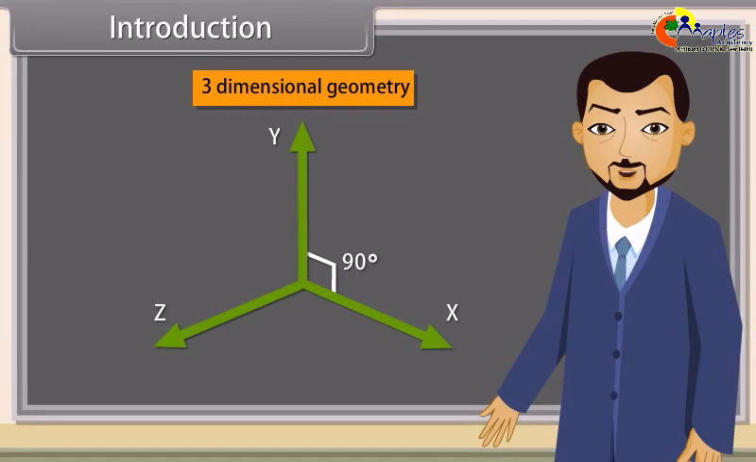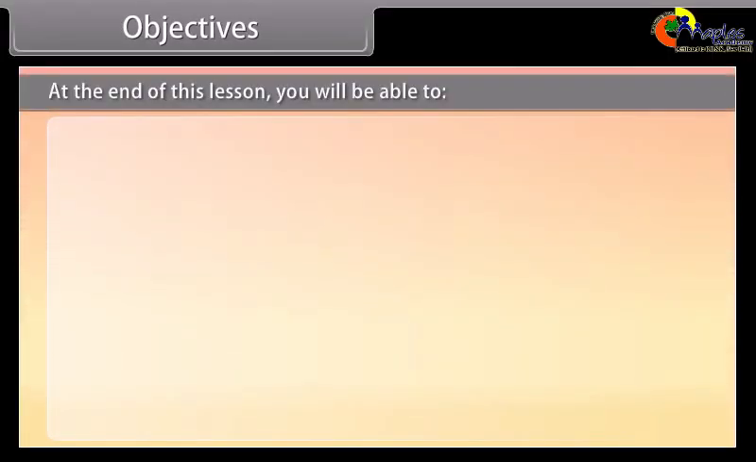In this lesson, you will learn three-dimensional geometry. Objectives. At the end of this lesson, you'll be able to find direction cosine and direction ratio of a line, find